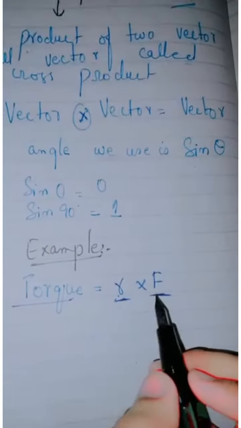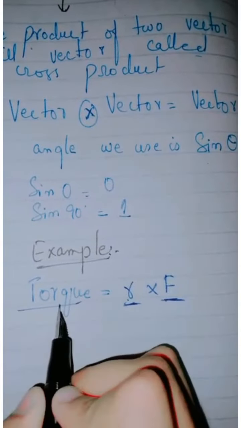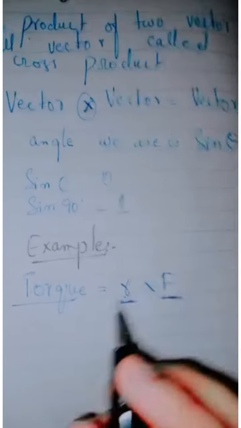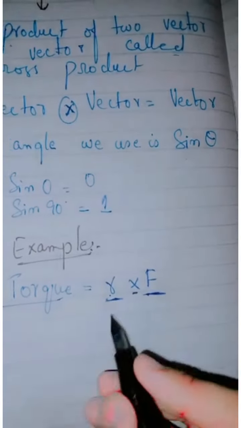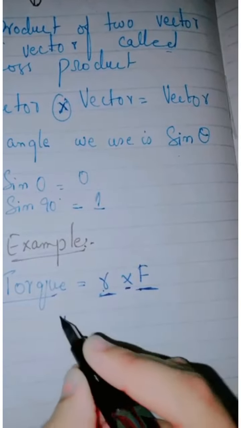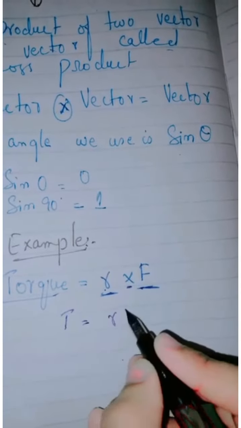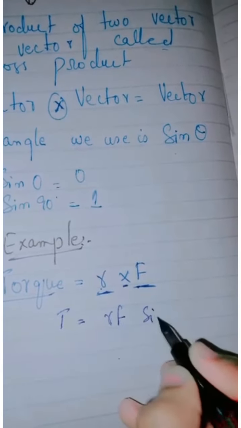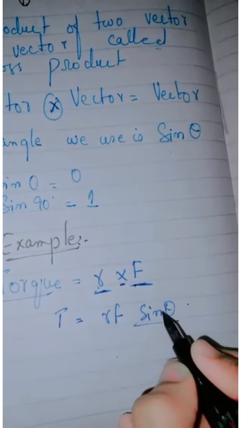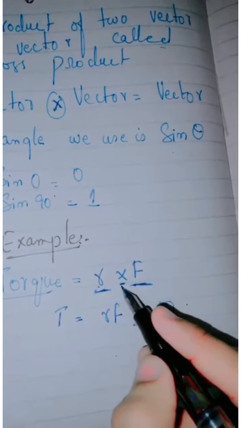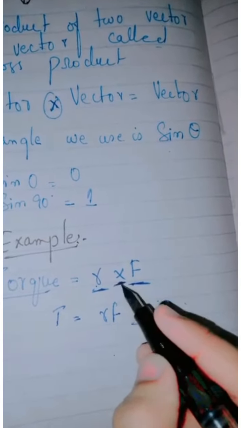So the product of two vector will be the vector, that is called a cross product. And if we want to remove the symbol of cross product, we'll be writing torque is equal to radius into force sine theta. And if we want to remove this sine theta, we will be adding this symbol, that is cross,